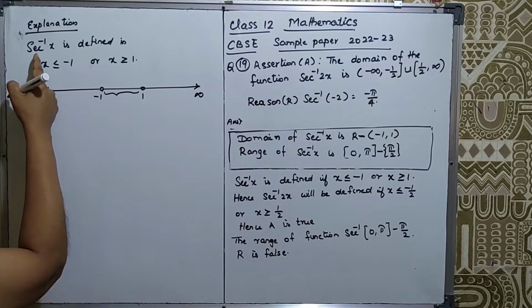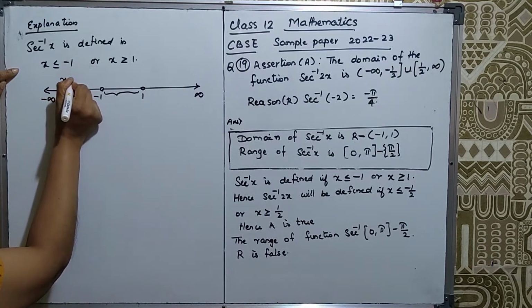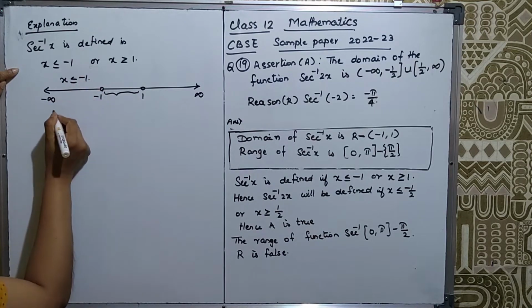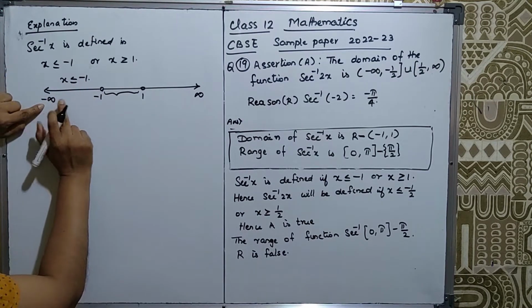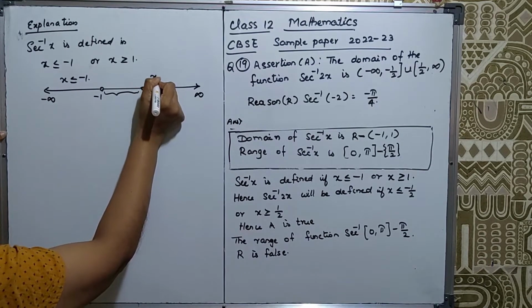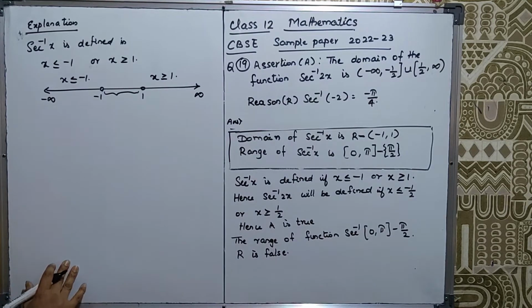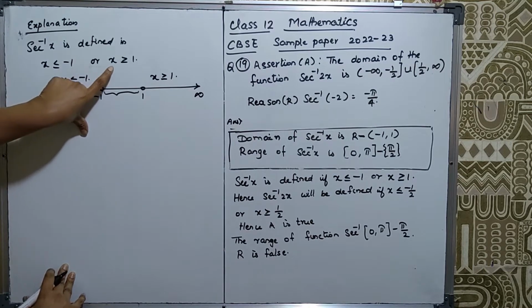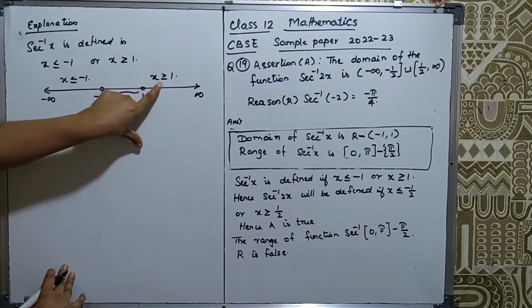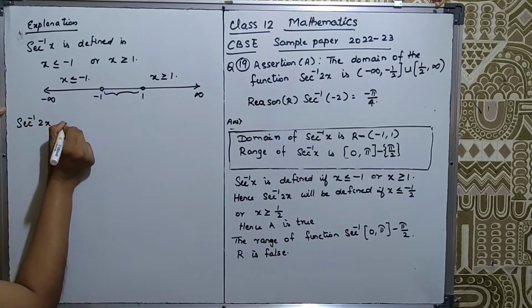So here, sec inverse x is defined in which interval then? It is defined when x is less than or equal to minus 1, that means all the values from minus infinity including minus 1. And again it is defined when x is greater than or equal to plus 1. So if sec inverse x is defined in these intervals, then sec inverse 2x is also defined